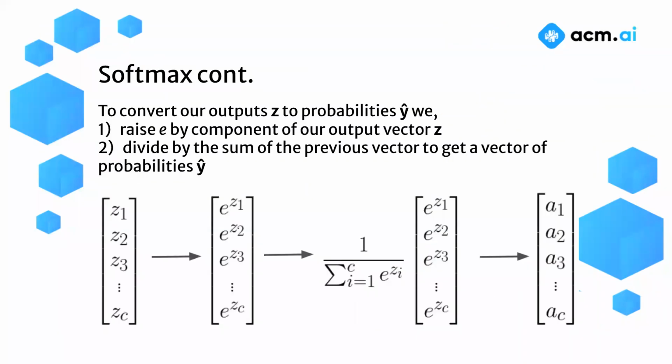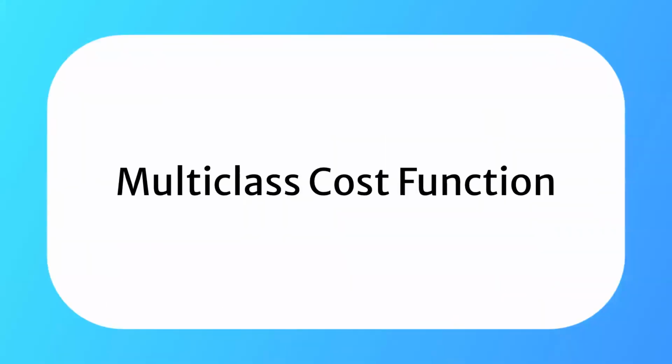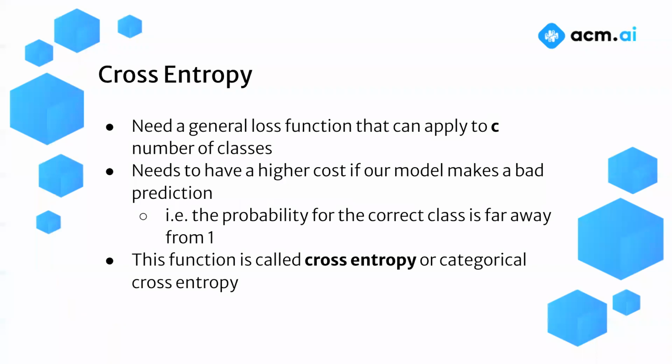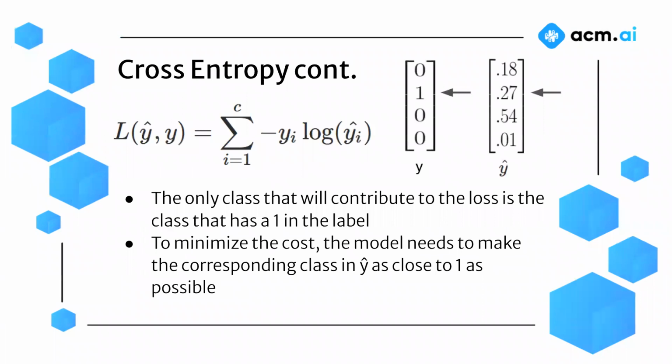But yeah, so that is softmax. Now I'm going to go into a cost function for multi-class classification. In binary classification, like in logistic regression, when we had two outcomes, like yes or no, or dog or cat, we used the binary cross entropy loss. So basically what we do in multi-class classification is we use a